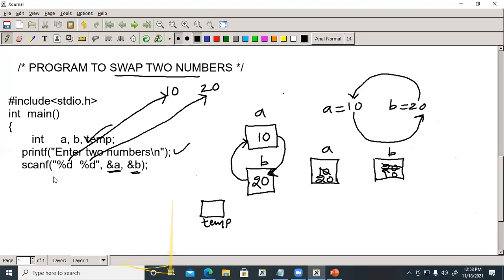How can I write a statement so that this A value will be stored into temp? That you should understand. A value should come into temp.